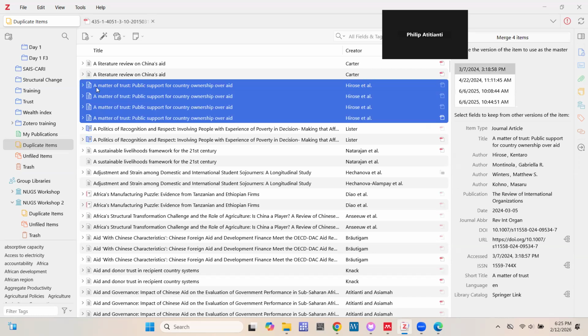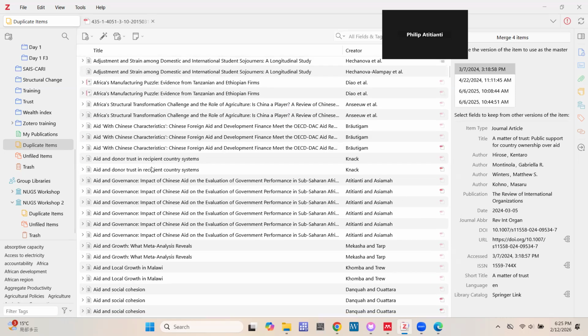It's saying that this particular paper, I have it as 4 copies. Maybe I put one file here, I put another file, I put another file here. So the duplicate item basically goes through your entire library and tells you the files that you have more than one copy of.